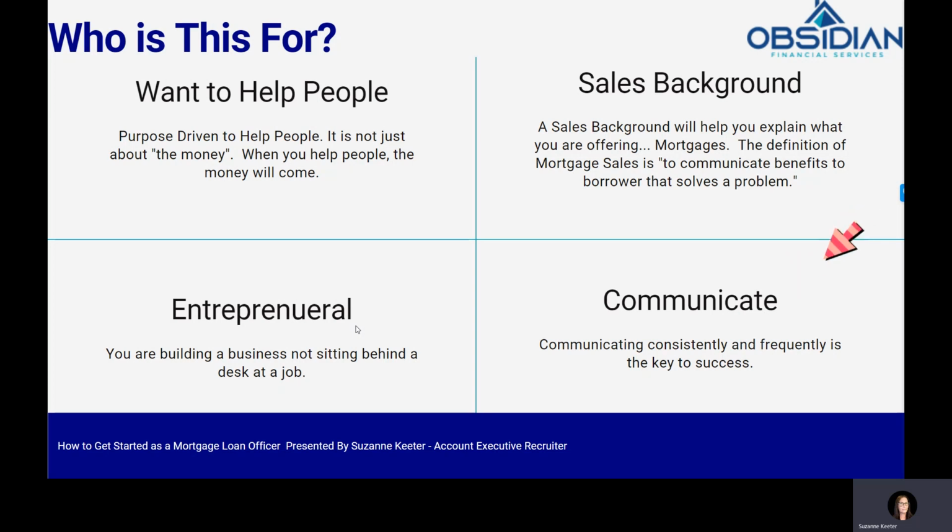You're very business focused in essence, whether you've had that experience or, more importantly, you have not. And then the fourth thing is communicate. That is a huge factor in any facet of your life where you expect to be successful. You need to be able to communicate clearly, simply, and frequently, and be consistent about it, because that is truly